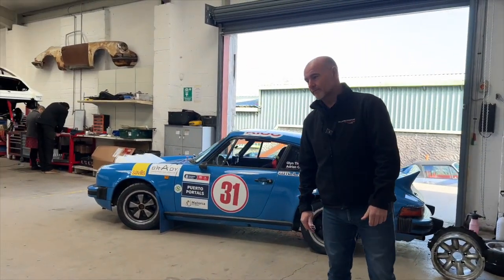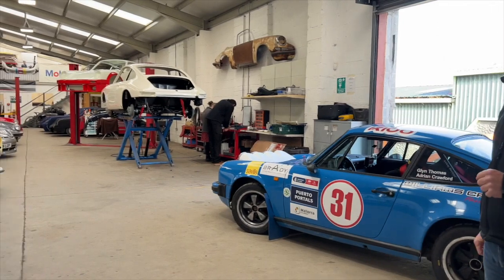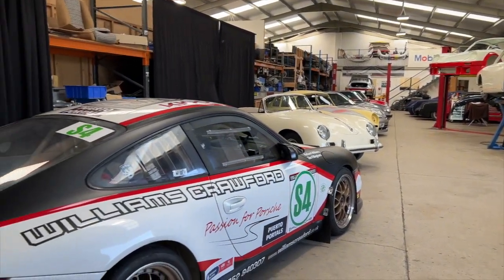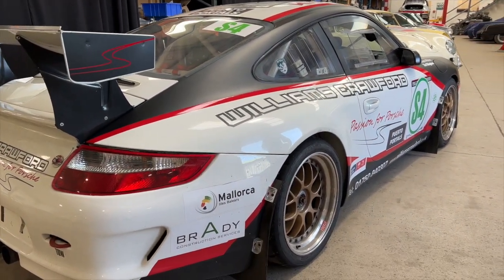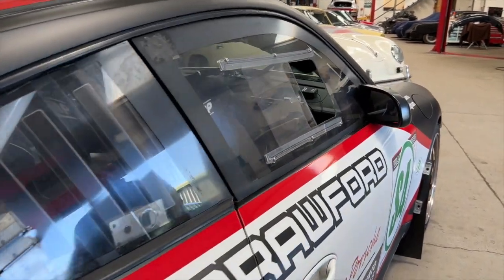What we got going on then? So, starting down this end, a little bit more based on the motorsport side of it. These are the cars that myself and Adrian obviously used and competed in Mallorca. Mine, thankfully, unscathed, whereas